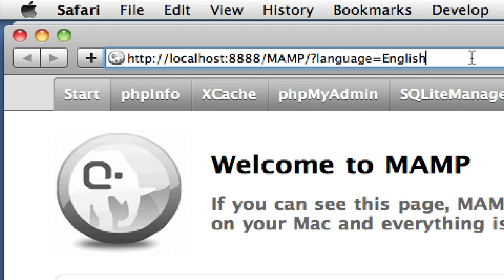So let me explain the two of those. Localhost means this computer. So don't look for this web page over the internet. Look at it right here on this computer. The number 8888 is called a port. You don't really need to know that, but basically when you're running